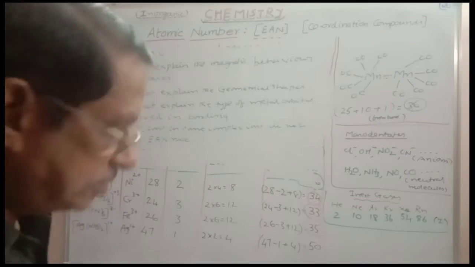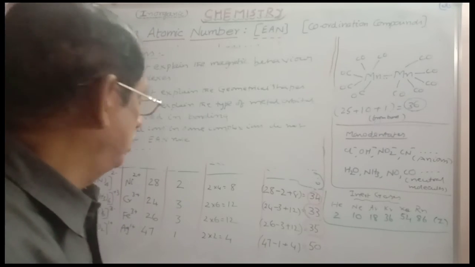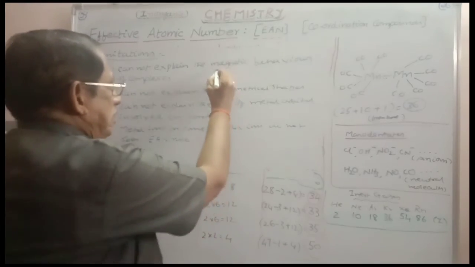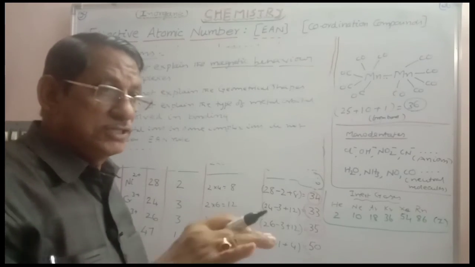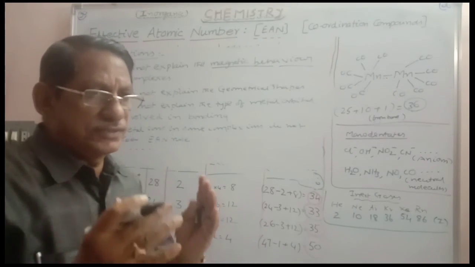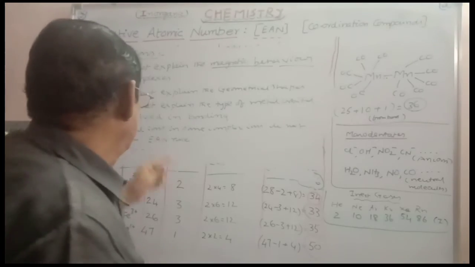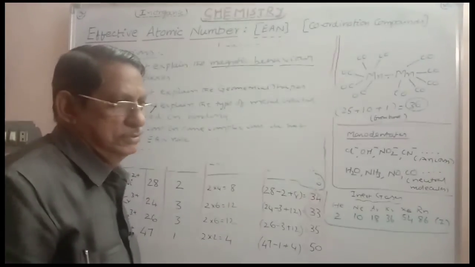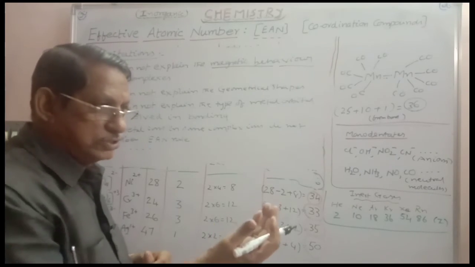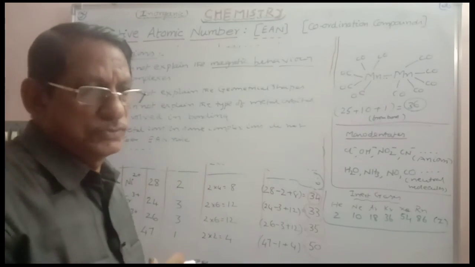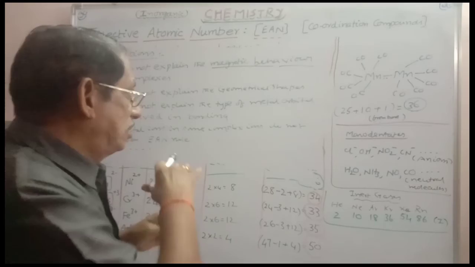Now let us consider some limitations of Sidgwick's coordination theory. It cannot explain the magnetic behavior of the complexes. Some are low spin complexes, some are high spin complexes. How is the spin obtained for the magnetic complex ions in the complex compounds? That was not explained by Sidgwick's theory. Similarly, it cannot explain the geometrical shapes. Isomerism is exhibited by coordination compounds. Coordination number 6, coordination number 4, these are able to exhibit geometrical isomerism. Tetrahedral nature is there, square planar complex is there, octahedral combination is there,